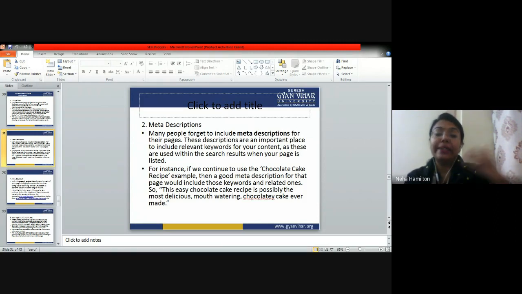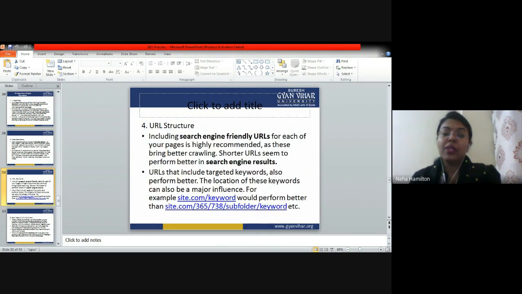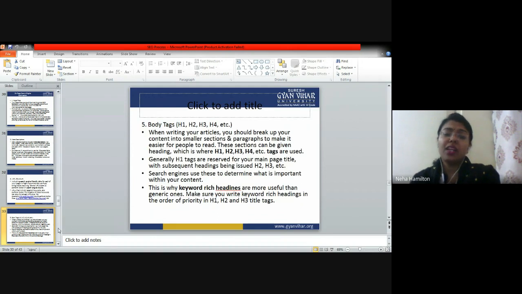So you will guide them to make changes in the page title and meta description, which is a part of on-page optimization. Okay, URL structure: again you have to instruct them to change the URL structure, keep it concise, keep it brief, keep it to the point. Okay, then you have body tags. So tell them to add them in the content. You will have a content writer also, right? We have a full-time job of content writers for every website.